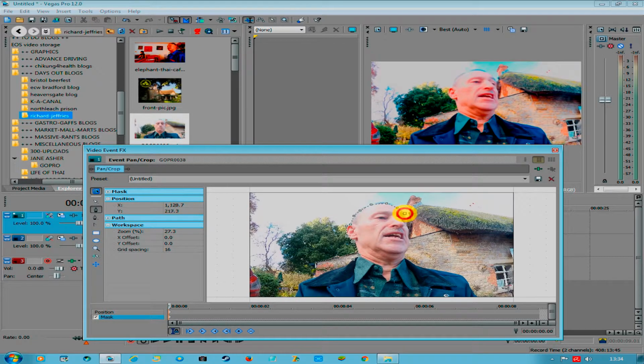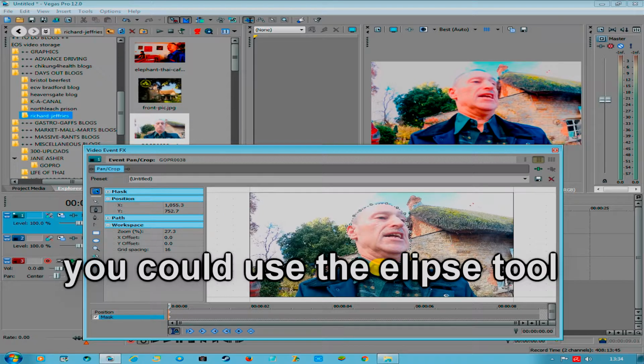And if you have more time, then obviously it will benefit you. Very useful if you've got an irregular shape that you want to blur out. Obviously for faces, then you know it's just really just a case of doing a sort of a,